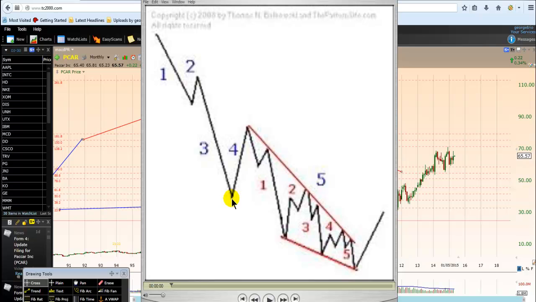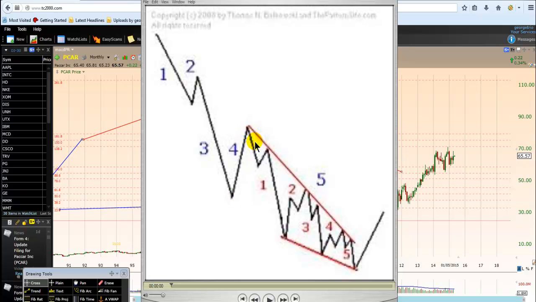Okay? So there is a kind of a divergence talking about the fundamentals. The fundamentals are solid, the business is healthy, but for one reason, people sold the stock too far and too fast. The fundamental traders, the smart money, the big institutions are aware that this is a sound business, but it is, in the proper sense of the word, oversold right here at the low of the third area, oversold.